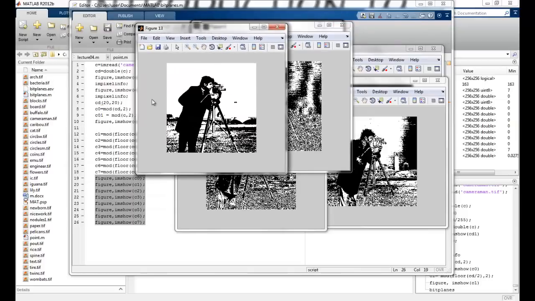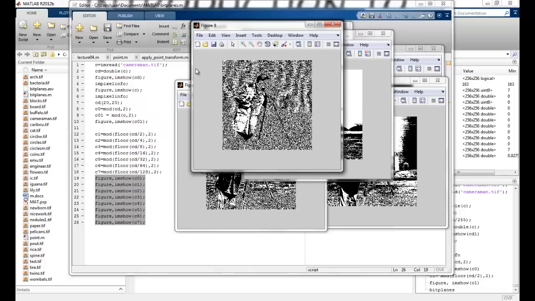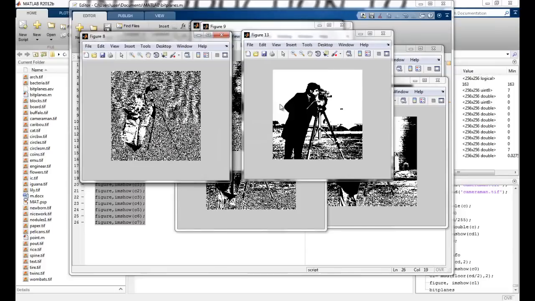As you can see, the last figure is showing you the most significant bit. So that is the one which is contributing to the maximum value of the image. It's the most significant bit, and the least significant bit contributes the least. Bit planes can be used to compress the image, or maybe store some other image, or embed watermarks into images.